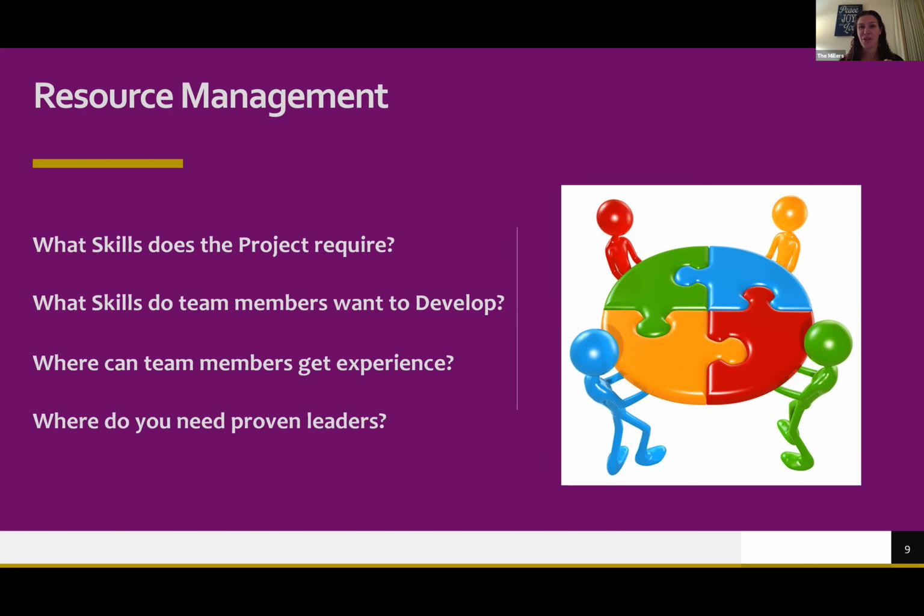But this is where chapters get in trouble. And this is where we disengage brothers, is that we take it all on ourselves and we don't think through how to utilize the resources that we have. And we chose them because they are phenomenal individuals and they have something to give to the fraternity. So this is an area to watch for. And we'll do a case study on this in a little bit.